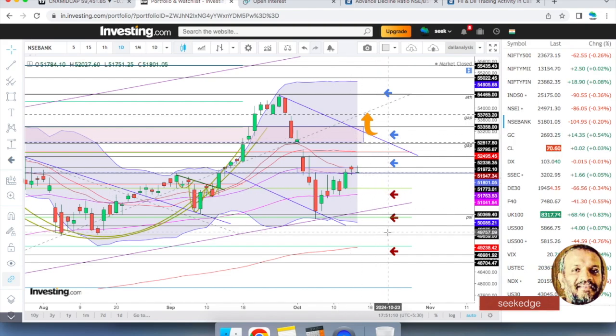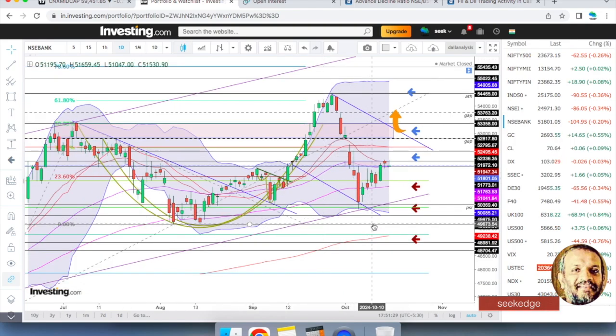On the downside, the first support would come in at 51,000. There is a 100 exponential moving average there. If that is breached, a retest of the previous swing lows at 50,250 will come. So it's the previous swing lows, and if that is breached, then we may have trouble because the next support is at